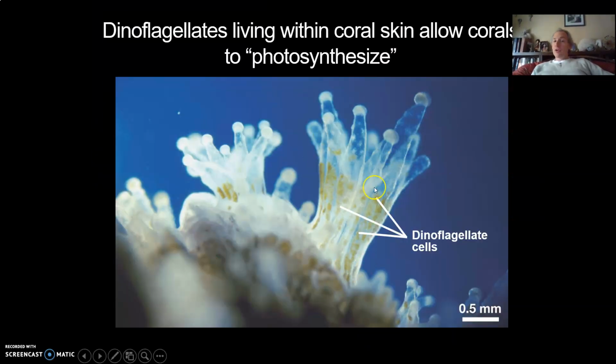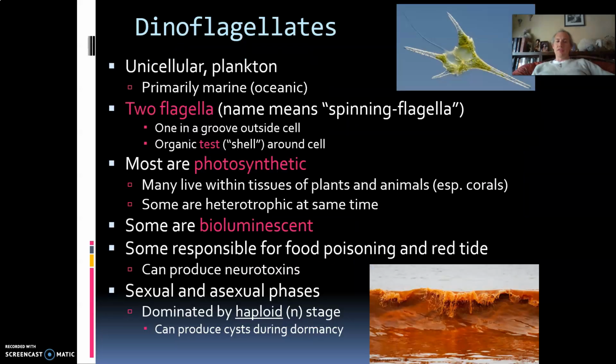Okay, if you look up close and personal in a little coral that makes a coral reef, you might see some blotches of color in the skin. These are usually colonies of dinoflagellates. The skin is clear. Sunlight comes into the skin, lets the dinoflagellates get some sunlight, do photosynthesis, and this is a partnership where the animal is getting free food and the algae is getting some protection. It doesn't have to worry about living on its own if it basically can be protected by these bigger corals that protect it. Okay, let's talk about the life cycle of this.